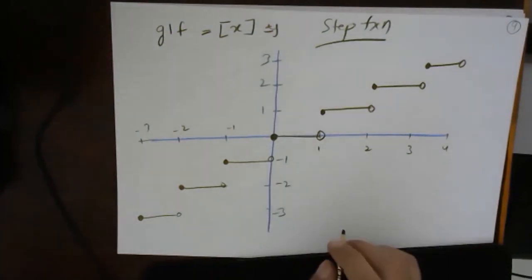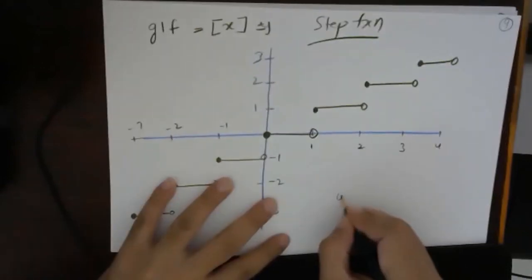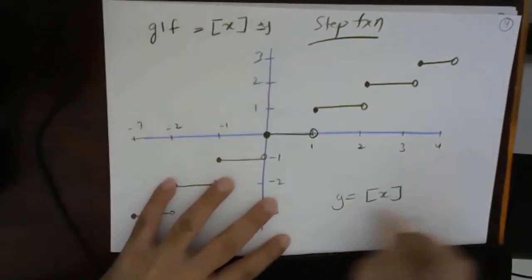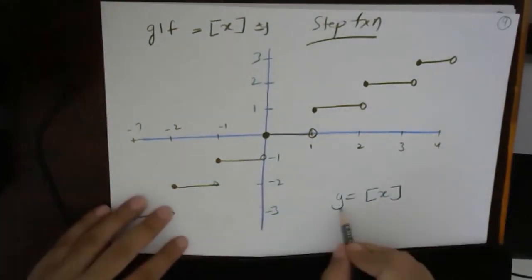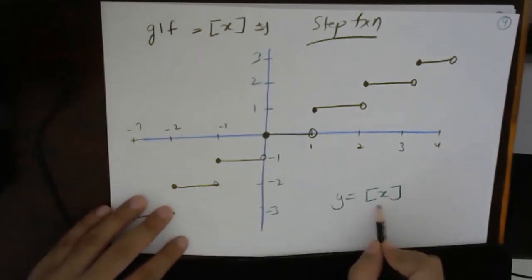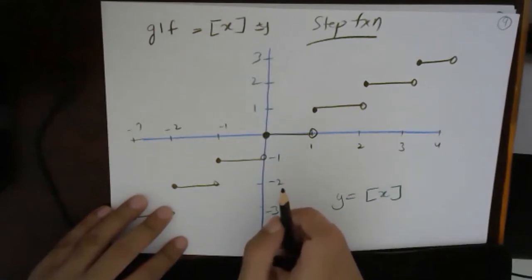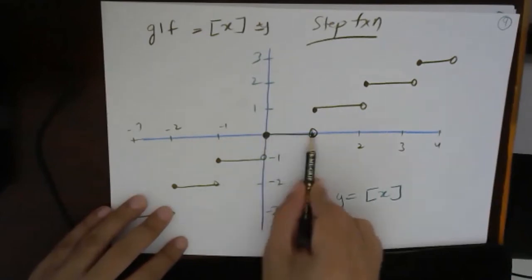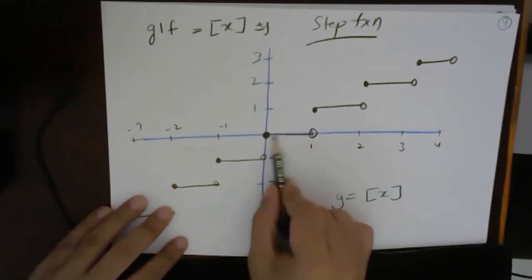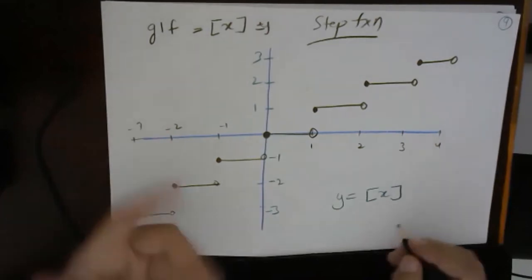Okay, so I'll explain. So this is y is equals to greatest integer x. Yes Ashwin, wait, children, I'm explaining. So this is y is equals to greatest integer x. Take any value of x between 0 to 1. What is the value of x between 0 to 1? So let's take 0.5.